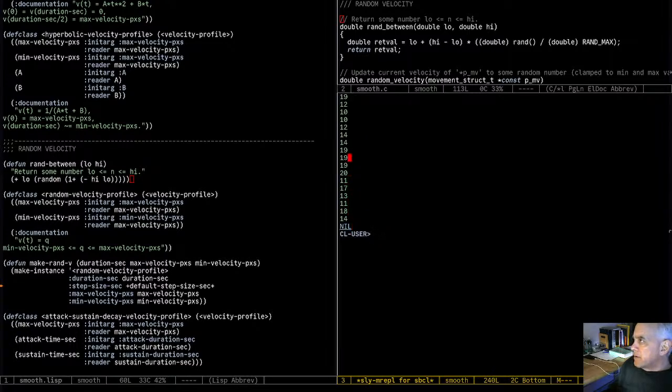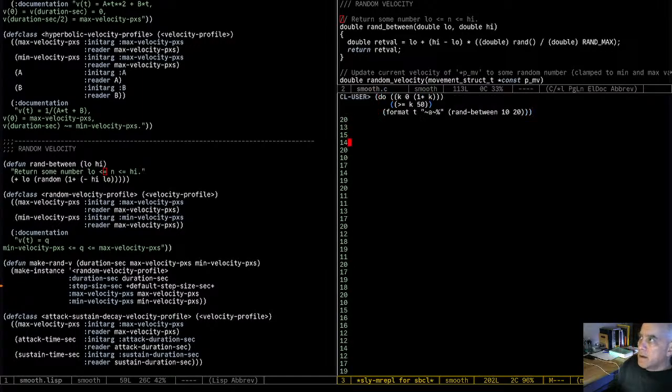So, okay, what do we have here? Do we have any 20s? Yes. Do we have any 10s? Yes. Okay, that's what I want, because the doc string says inclusive. Inclusive limits. Okay, so it looks like it's right. Do we have anything larger than 20? I don't see anything. Okay, so now that we've struggled with a completely trivial function,